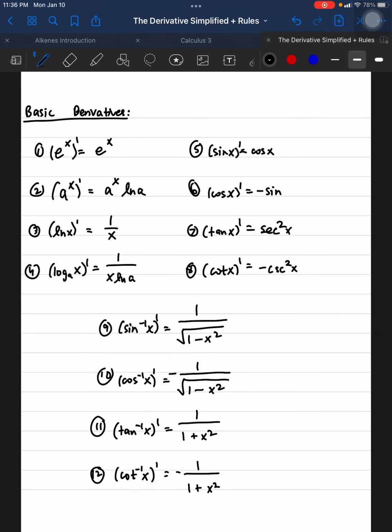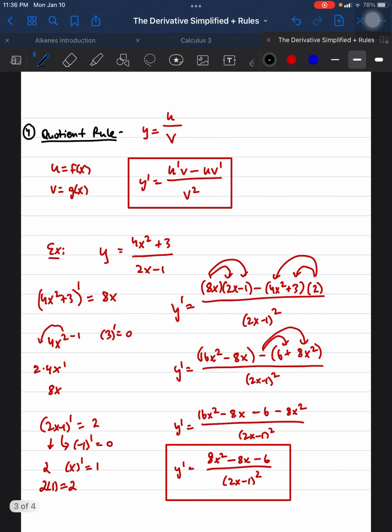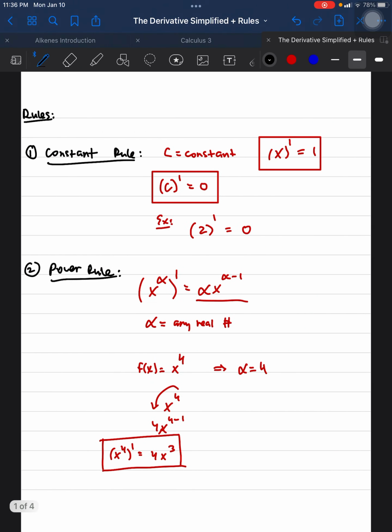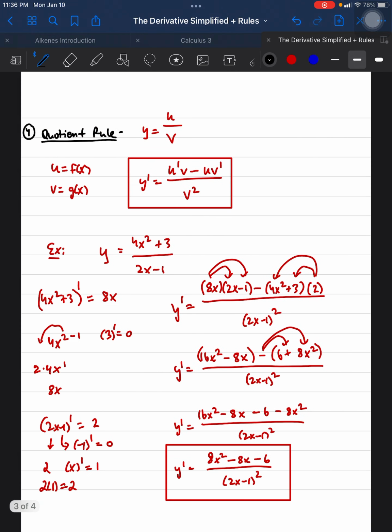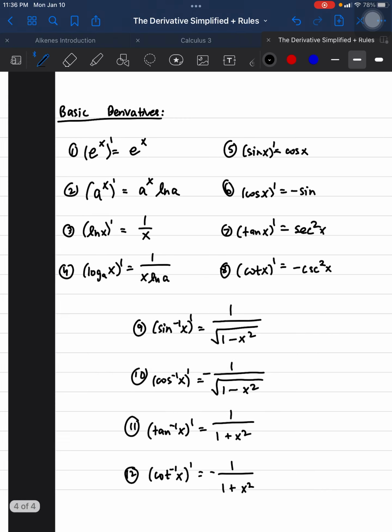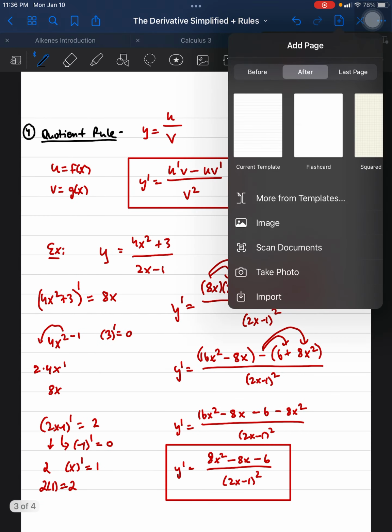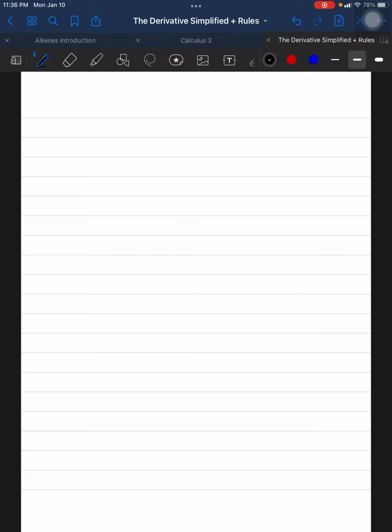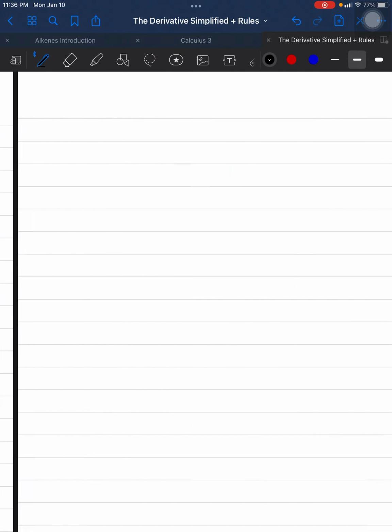So this is Derivatives Simplified plus rules, part 2. I realized that I missed some properties in the first video, so I'm making another separate video to just add on those few properties I missed. So in terms of properties, there is also